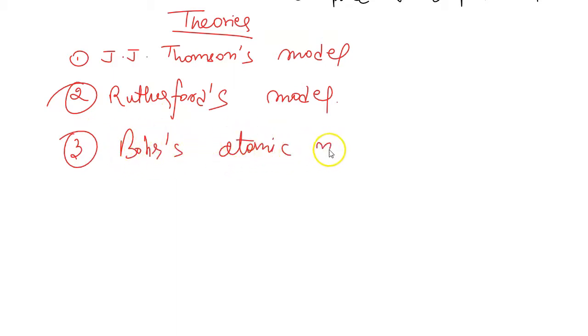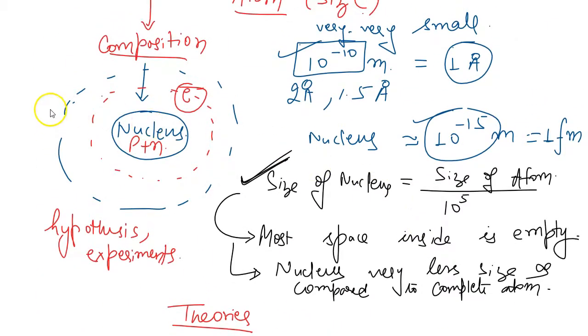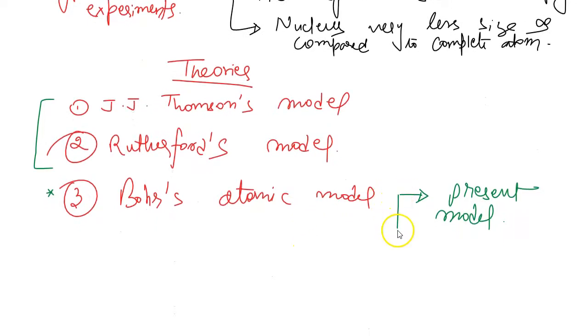Now for Bohr's atomic model, we will have just a little idea, so that we are sure what atomic model we use now. This is not the main part to be focused on, because at this level we will just limit ourselves to these theories, since Bohr's atomic model we already know now. According to him, the present model of atom: what is the present model of atom? The atom consists of a positively charged nucleus, the positive charge on the nucleus is due to protons, and electrons revolve. So all the limitations were overcome by Bohr.